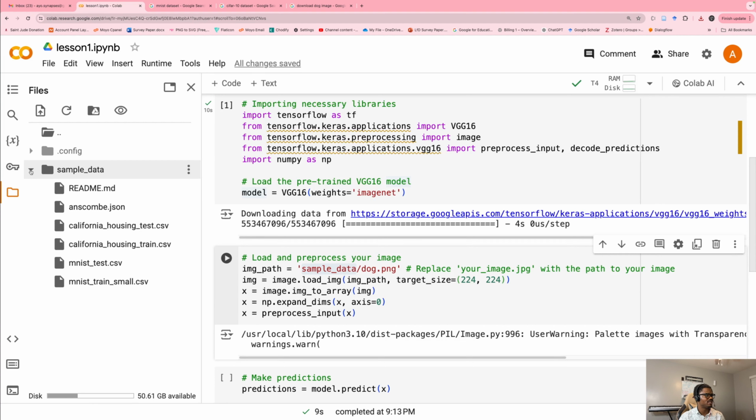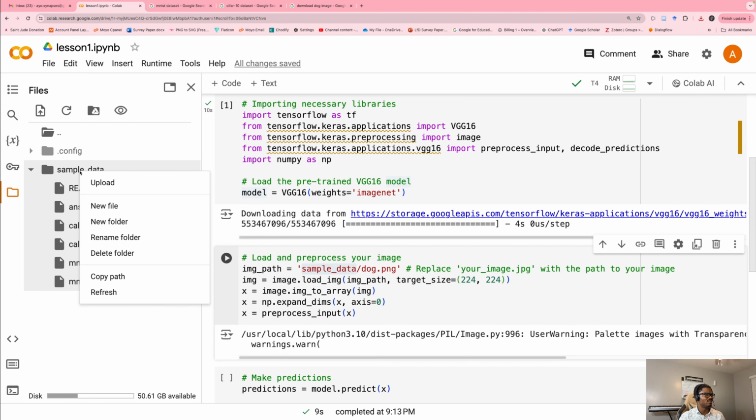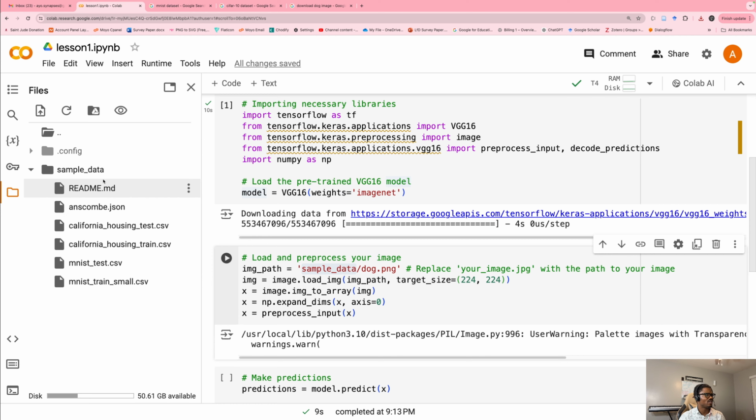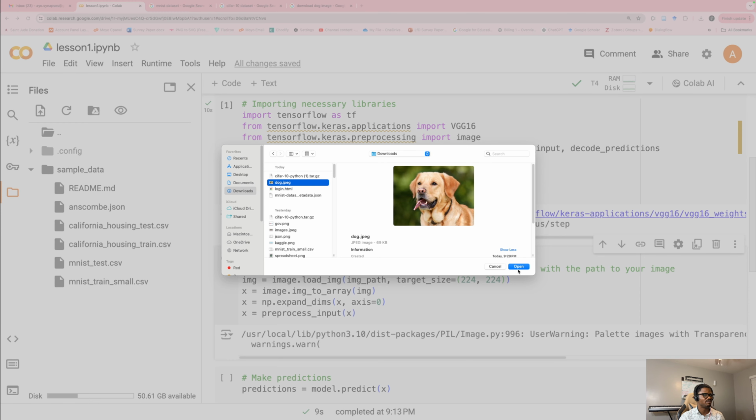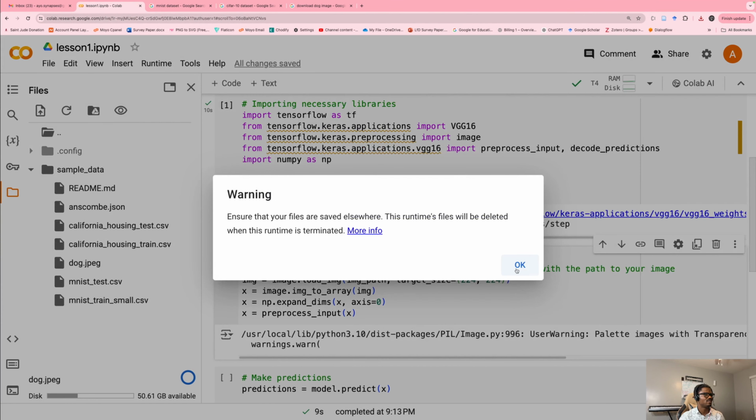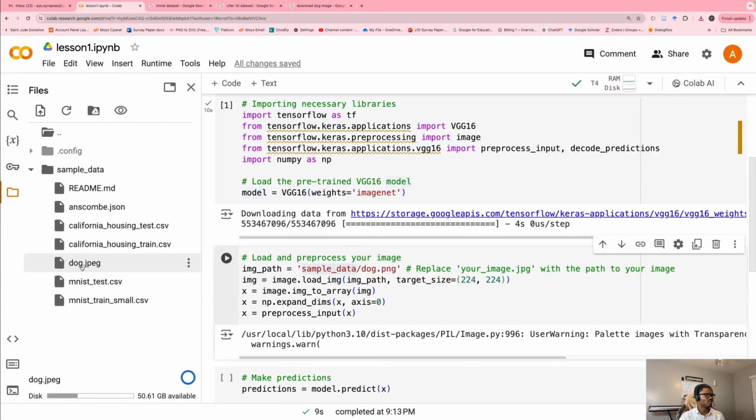Then you can expand this. Then you need to right click on this sample data and say upload. Then you go into your download, then you see this is the dog image. Okay, so this is a dog image. So you see now it's dog.jpg, so I have to change this to